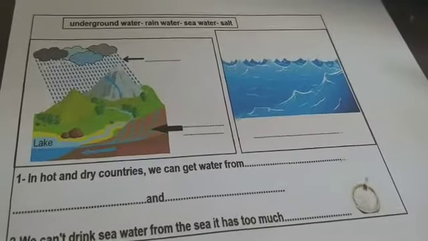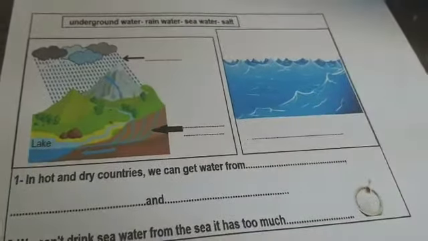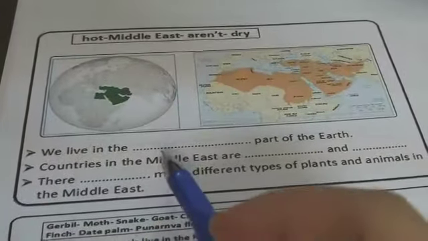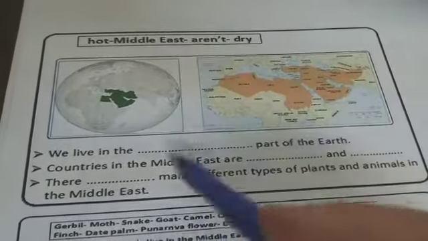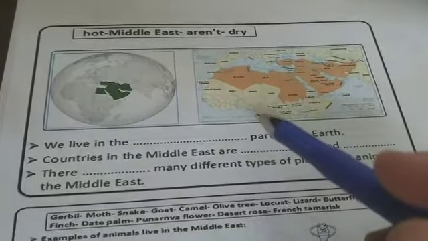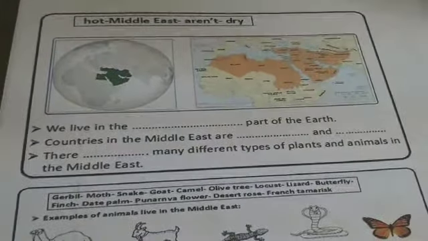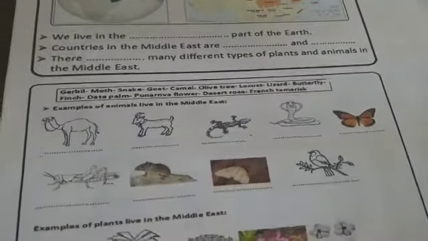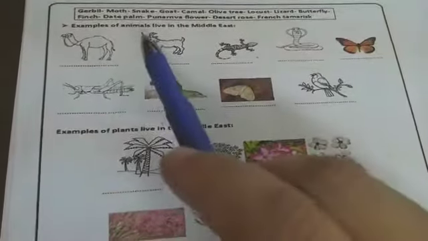Today, inshallah, we will finish unit 6. But before this, let's revise on the last lessons. We live in the Middle East part of the earth. Countries in the Middle East part of the earth are hot and dry, so there aren't many different types of plants and animals. And here we have some examples of animals and plants that are found in hot and dry countries: